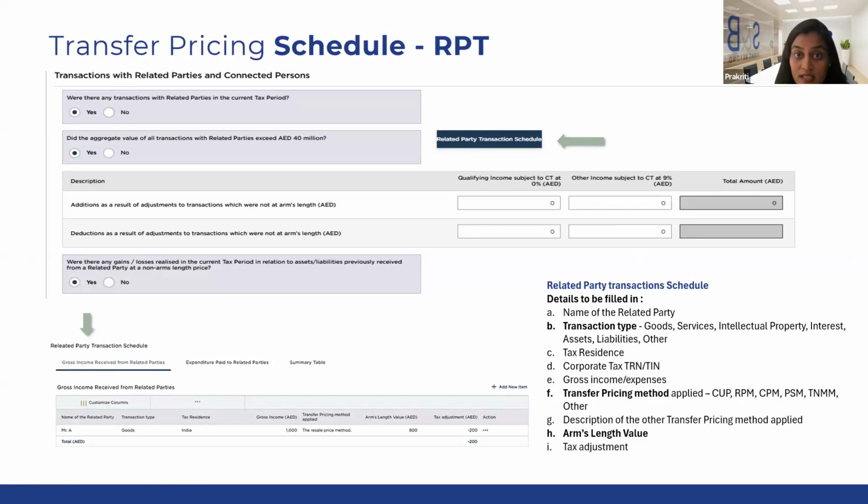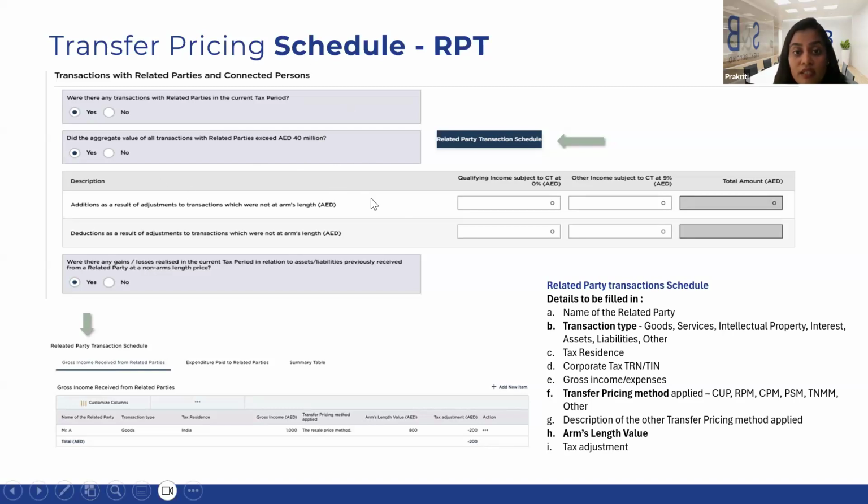And once you say yes, it exceeds, then you need to check on this blue colored icon, which is the related party transaction schedule. There you need to fill up all the details of all the related party transactions exceeding the threshold, and put all the methods, etc., which we will take up in a few minutes. Having said that, even if you're not crossing the threshold of 4 million dirhams, the category-wise